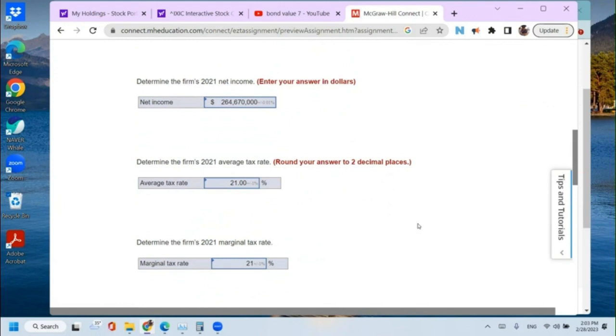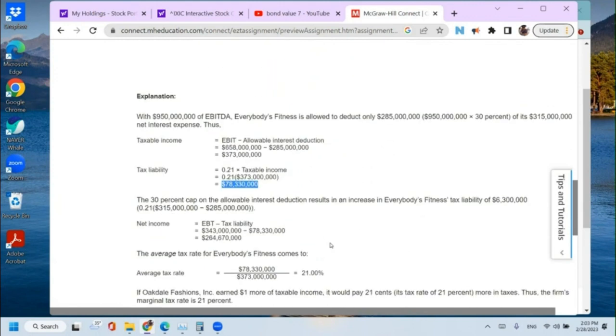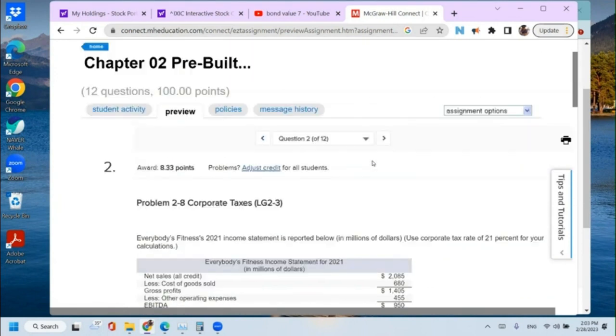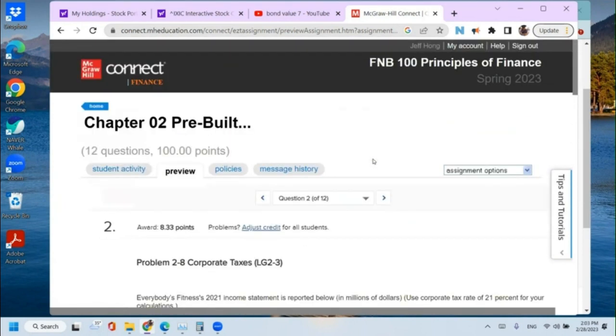the answer provided by Connect. Oh, so I should do it the other way. Yeah, that's what I'm saying. That's what I've been saying. If you want to get it right, do it this way. But again, it's so confusing to me. I know. That's why I've been saying